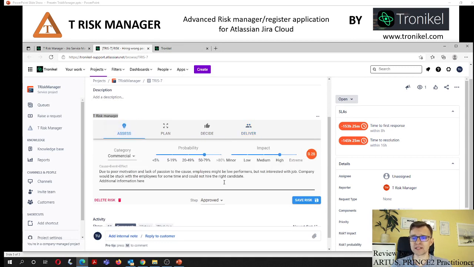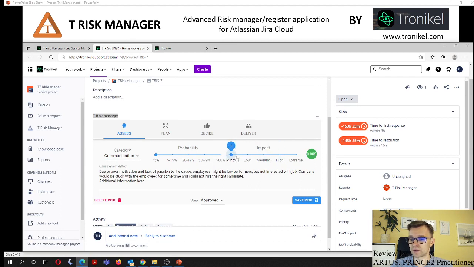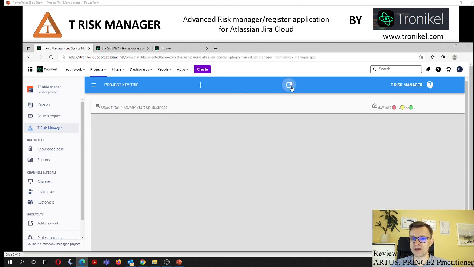So for example, let's make a change. We will change this and put it as a communication category, put the probability to minor, and do some updates here. If I want to save it and have it in the history, I should select the step assess and press save risk. If I go back to the risk register and refresh,